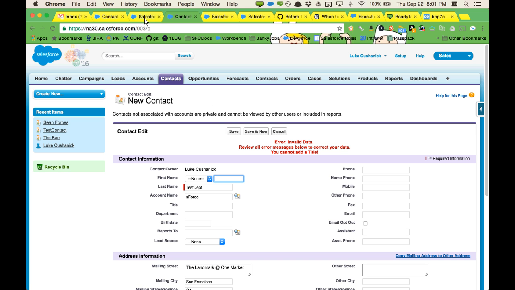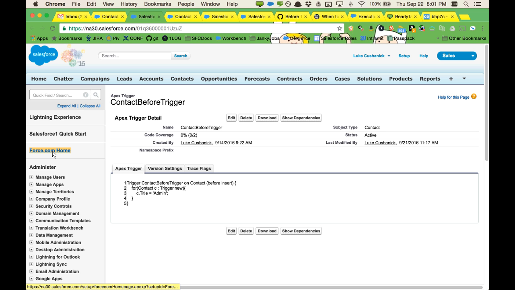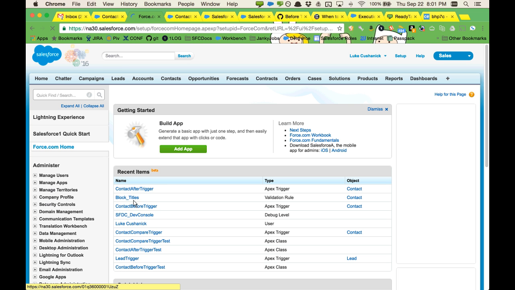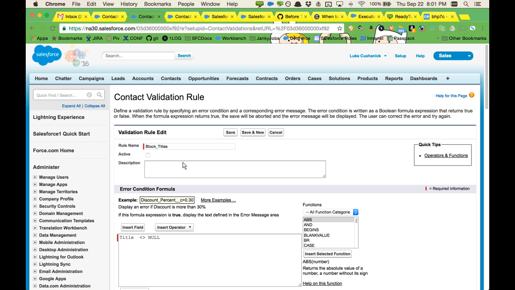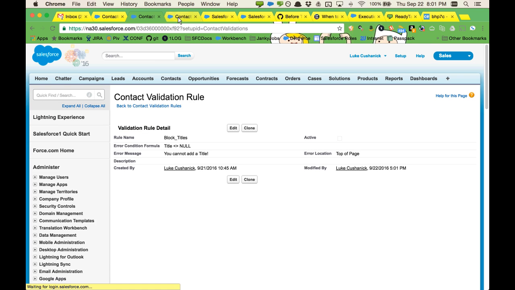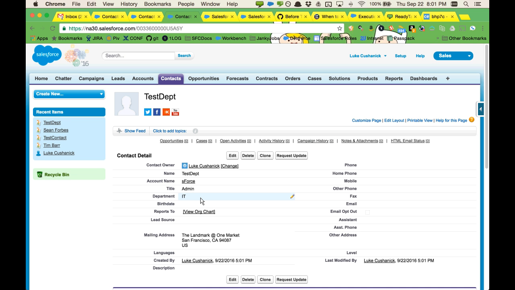Oh, looks like I still have my validation rule fouling things up. All right, where did I leave that validation rule? All right, let's deactivate that and try and save that contact again. So I was able to save one contact and insert that, and it does go ahead and add the department of IT. All right, but now I'm going to go off to Workbench because it's a nice way for me to